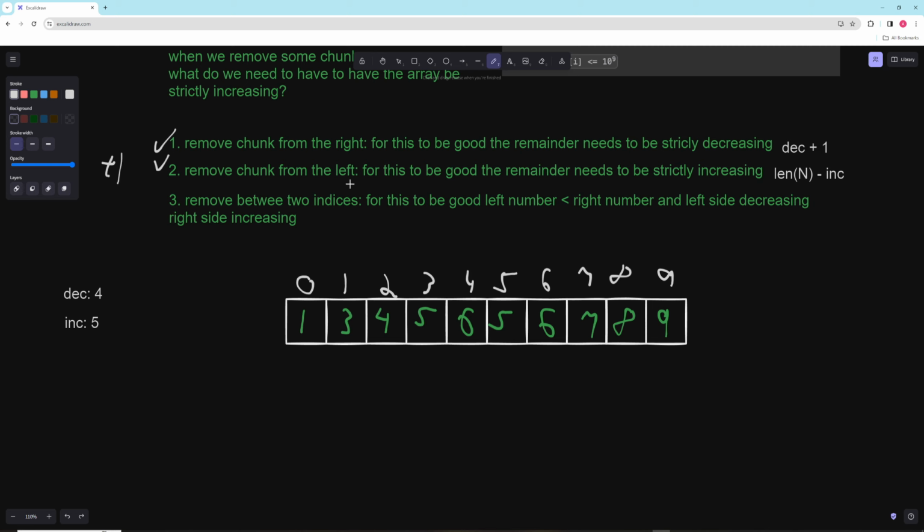Everything to remove from the left, the number, and everything to the right needs to be strictly increasing. We have these 2 locations. Now we have to figure out how to actually get the middle parts, right? Like let's say we pick these 2 indices and we want to delete from